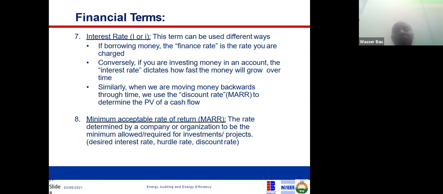So most banks also call it the hurdle rate. Whether you see hurdle rate, investment rate, finance rate, or discount rate, they all mean the same thing. They are all referring to the rate of inflation or the rate of deflation, depreciation of the money. By the way, the inflation rate in Nigeria is about 16% currently, and that is why no bank will want to lend you money